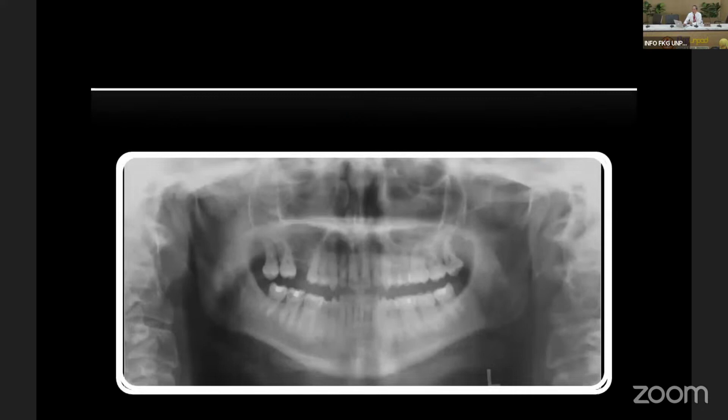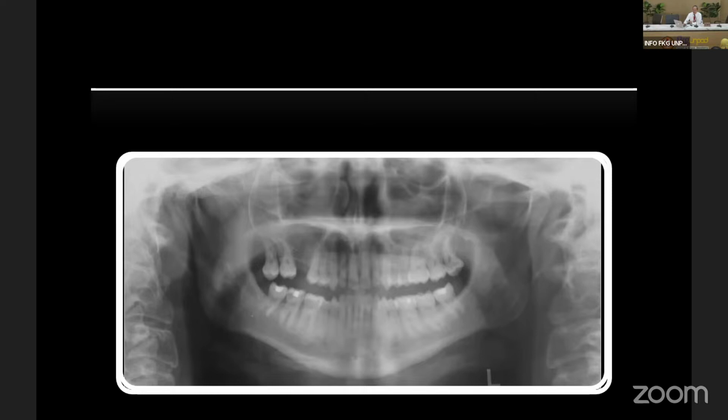Now, this is another case. If you look at this panoramic radiograph, the chief complaint of this patient is pain in the right side of the maxilla. With this panoramic radiograph, do you see any abnormality?